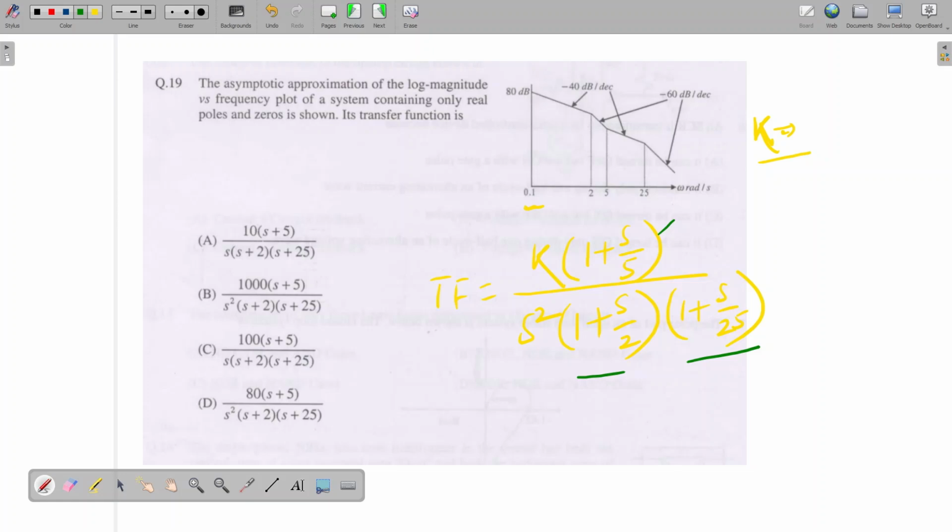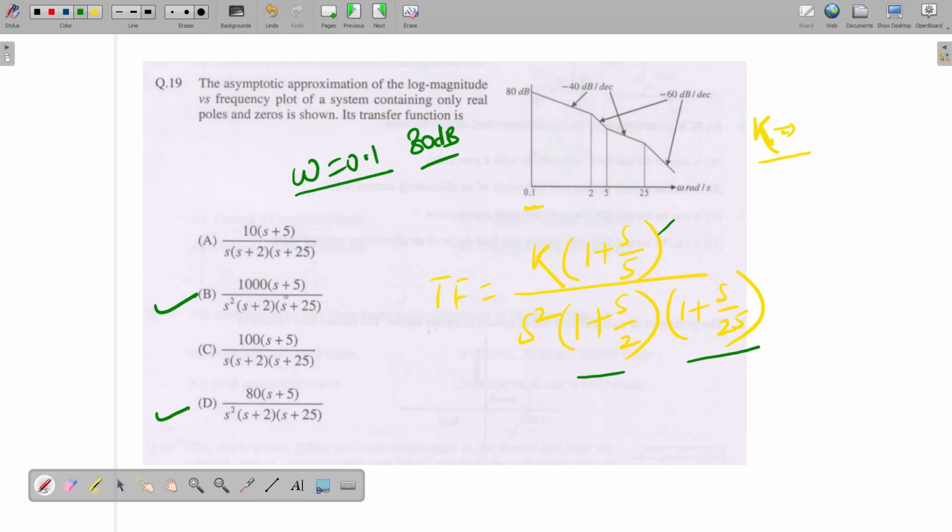Okay. So how can we calculate the magnitude at omega equal to 0.1? Omega is equal to 0.1, and the magnitude is 80 dB. Okay. So out of these two, one option will be correct,